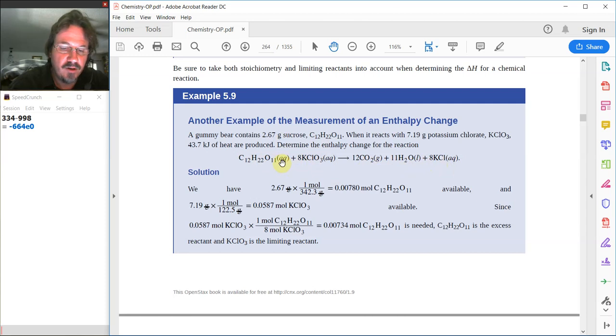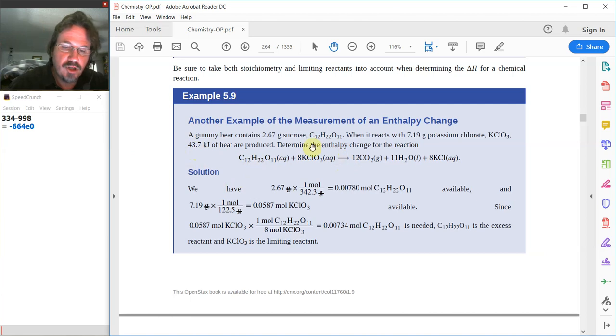This is obviously done in water because it's aqueous and aqueous, and so the salt's still aqueous. The water, liquid, just adds to the water that's already there, and the CO2 comes bubbling out as a gas. So I can kind of picture what's happening in this reaction. It says 43.7 kilojoules of heat are produced. So if I did this reaction inside of a calorimeter, I can measure the change of temperature of the water. It would have gone up, and I could figure out exactly how much heat that water absorbed, Cm delta T, right? And in this case, it turned out to be 43.7 kilojoules. Okay.